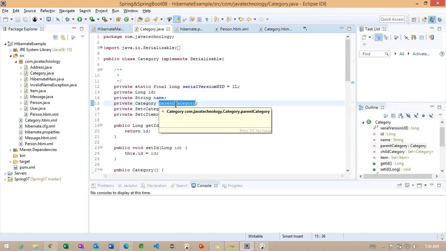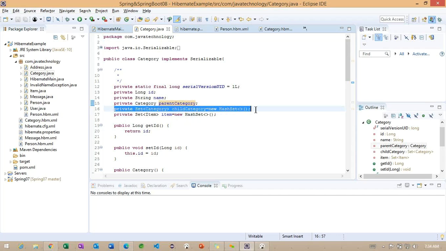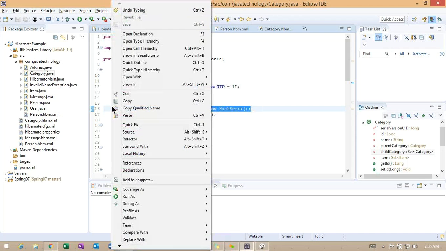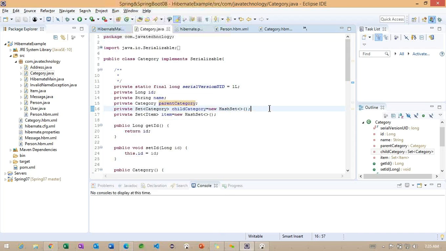So this is the one parent category, and the child category we are going to have some collection of objects. To store this particular collection of objects, how can we communicate? Getting the point? So this concept we are going to call association here. So to make this application use this collection of objects, we need to specify some information in our mapping file. Getting the point? Now, how can we specify it here?